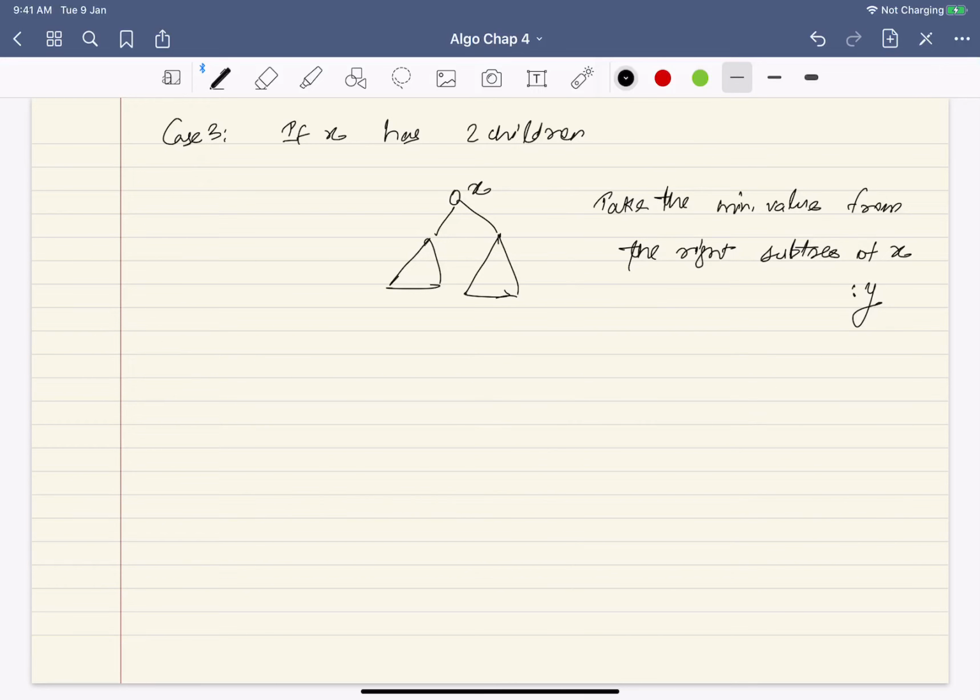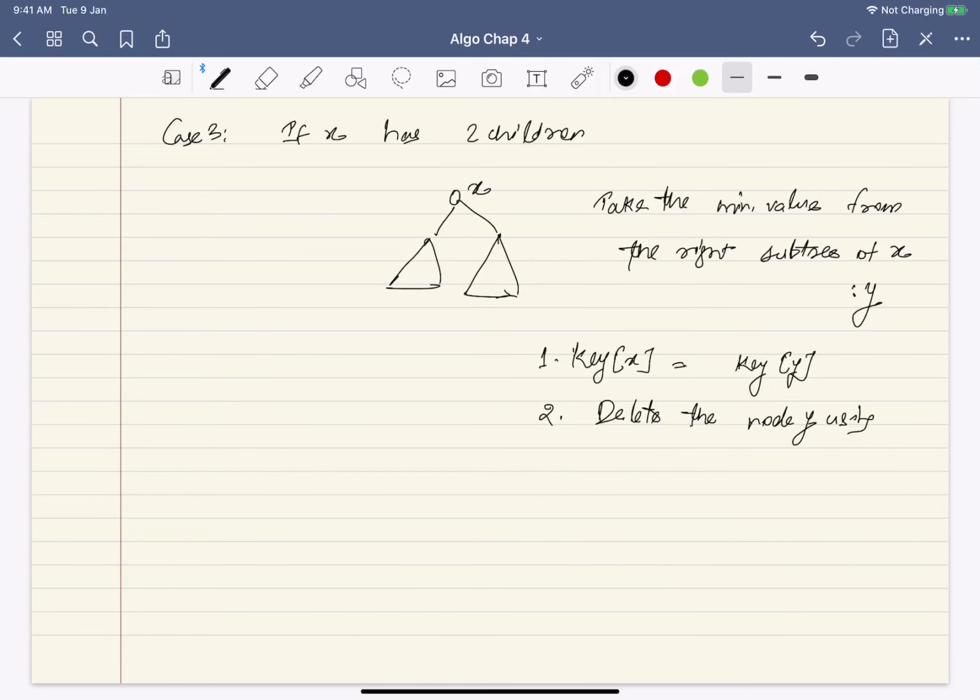Now you change key x to key y, so replace the value. Instead of x, you put y. That is the first step. And second, you have to delete the node y.